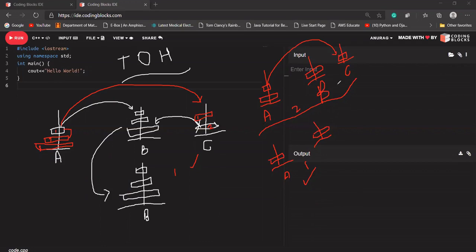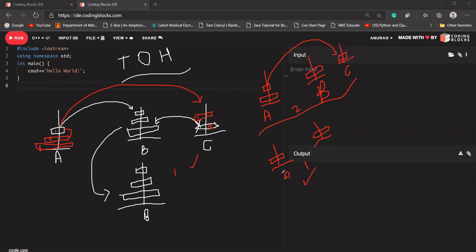And what if we have two disks only? If I know the algorithm for one, then first, 2 minus 1, that is one disk, I can transfer it to C, because if there is only one disk, I can directly transfer it to C. The disk that is left with us, I'll transfer it to B. Now I have to transfer the disk that is in C to B, and if there is only one disk, I can directly transfer it.